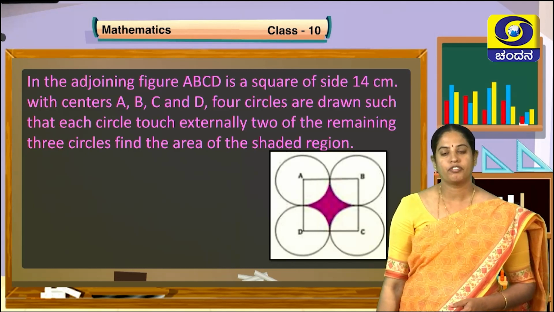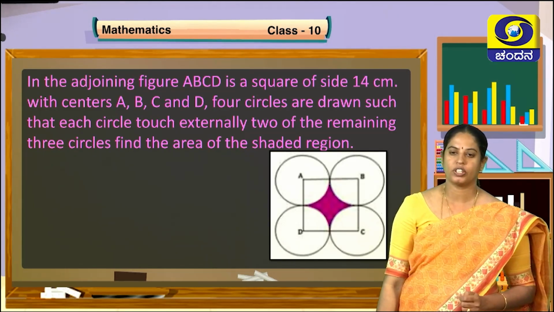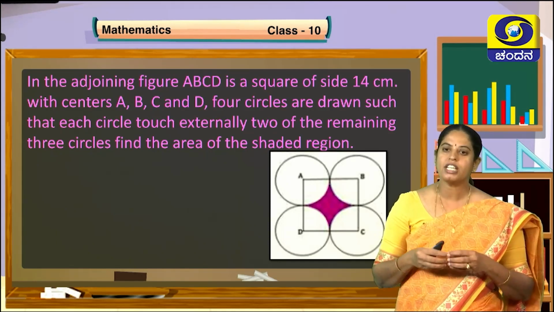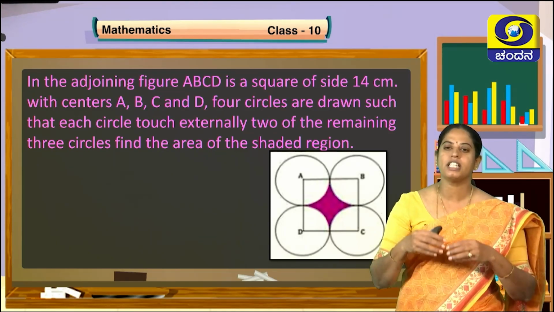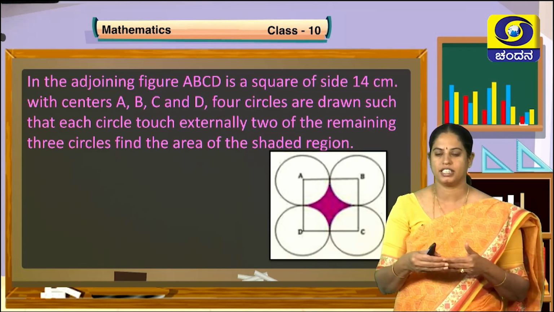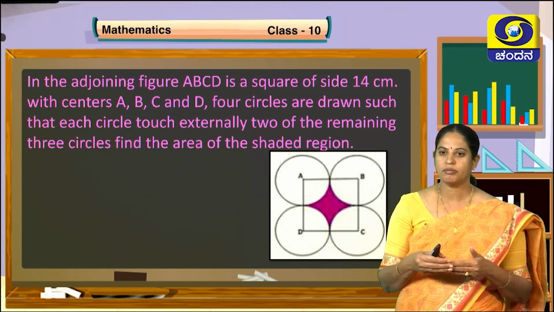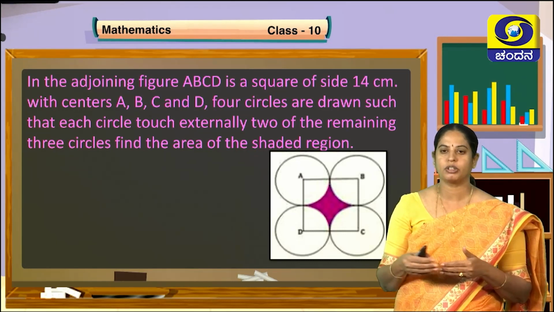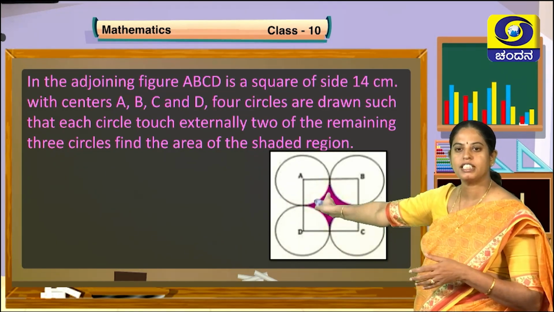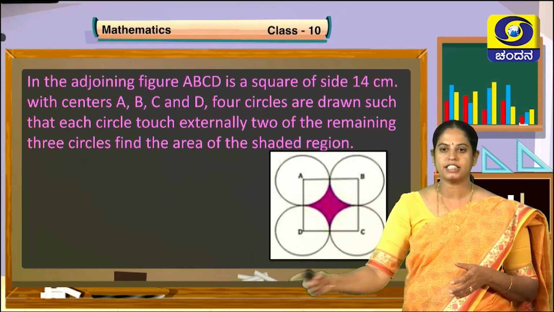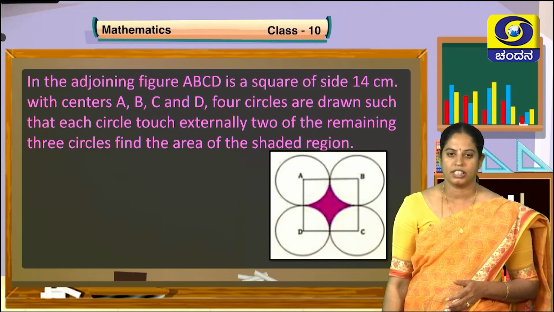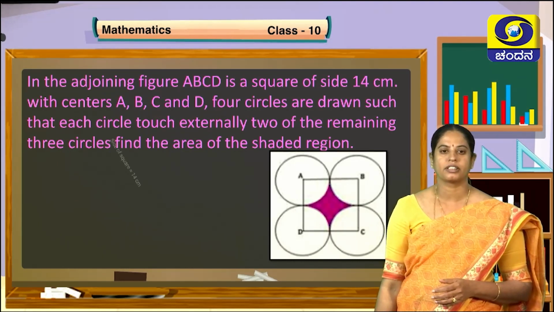So, first we need to find the area of the square to remove the area of the 4 quadrants. To remove the area of the 4 quadrants, we need to find the area of the 4 quadrants. For that, we need the radius. We don't need the angle because we know the angle of the quadrant, because the angle between the sides of the square is 90 degrees. Hence, it is a quadrant. It is not a sector with 90 degrees. Yes? Okay. Let us solve the problem, children.